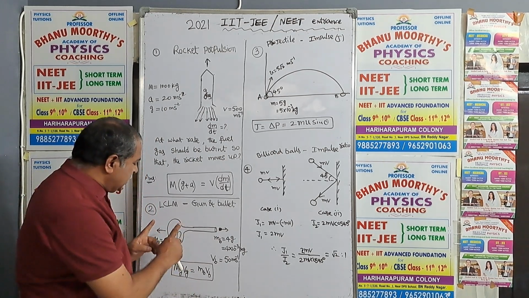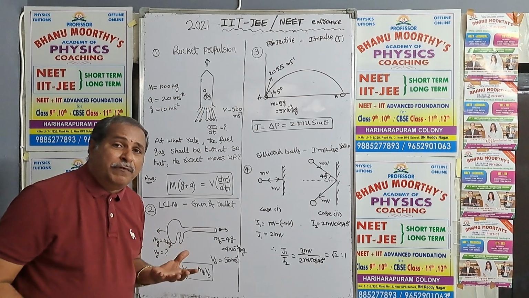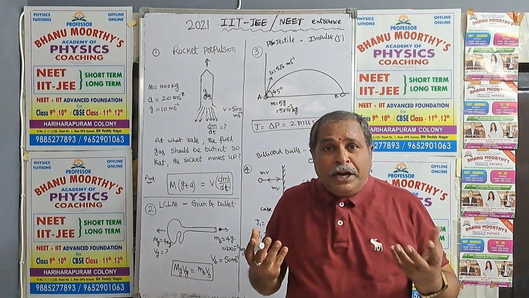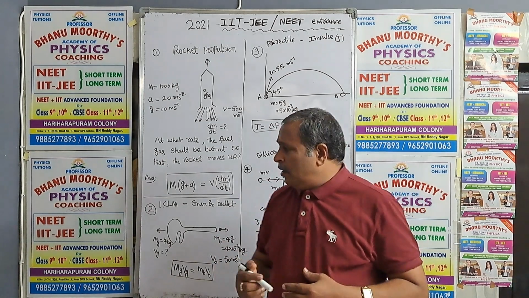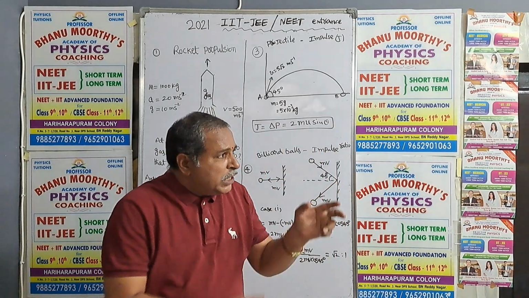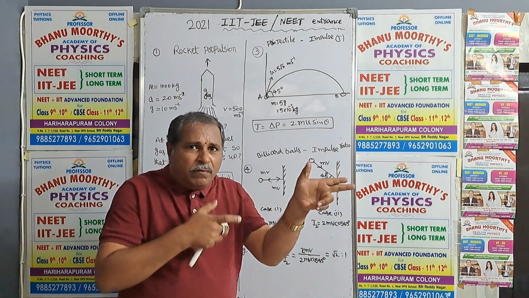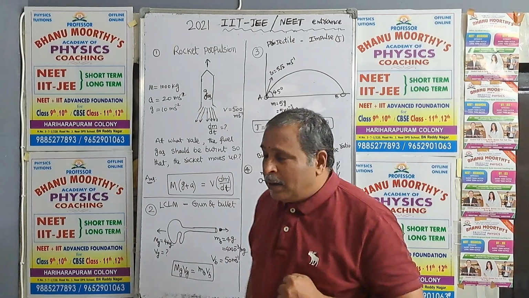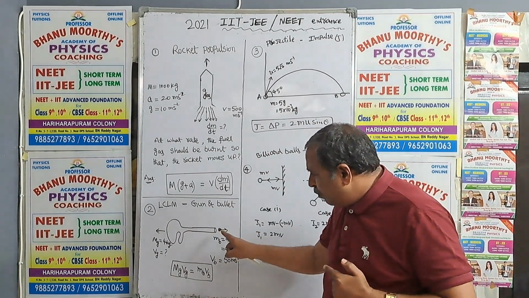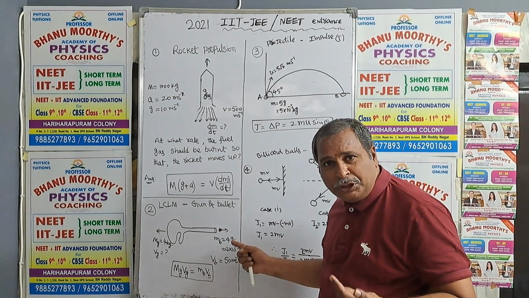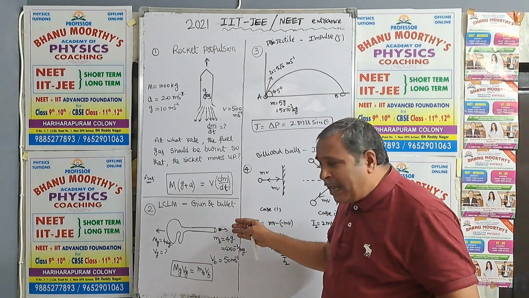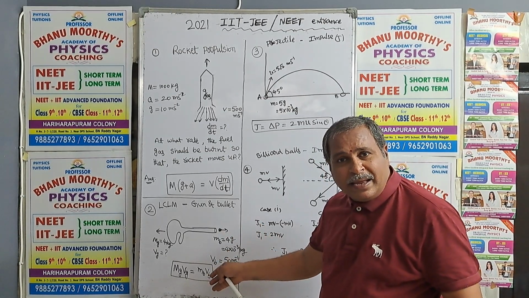Okay. The next question is law of conservation of linear momentum they selected. They selected law of conservation of linear momentum. We know that this is a rocket bullet gun system. Okay, when the bullet is fired, with a gun, what happens? Bullet moves forward with the greater speed. Mass of the bullet is given 4 grams converted into kg. Next, velocity of bullet is given. Okay, so then momentum of the bullet is mBvB.